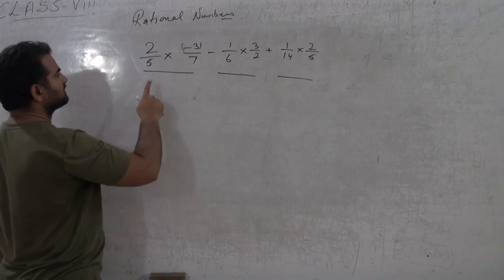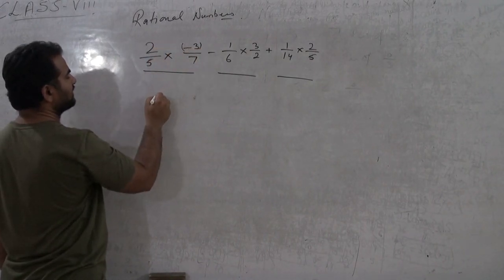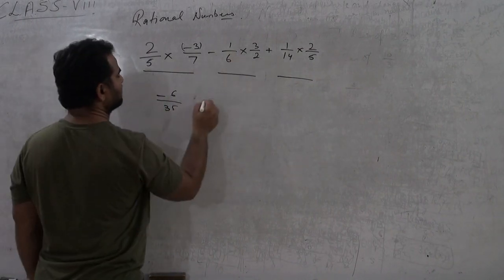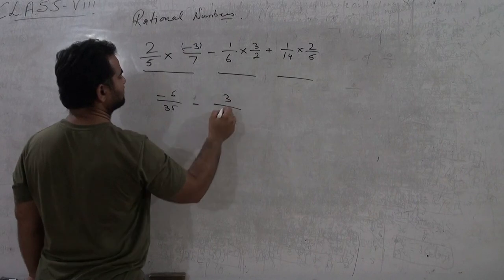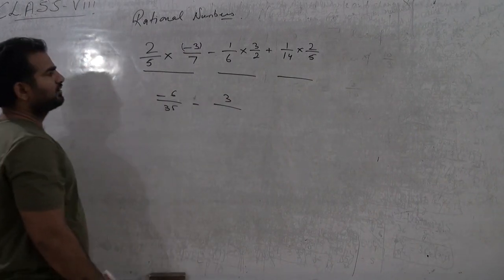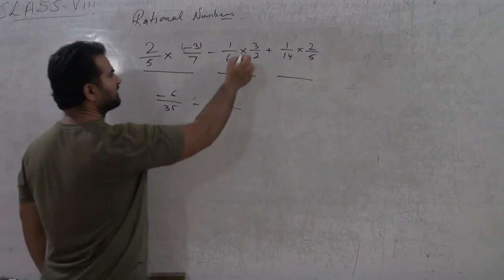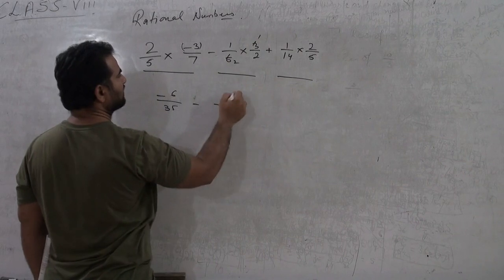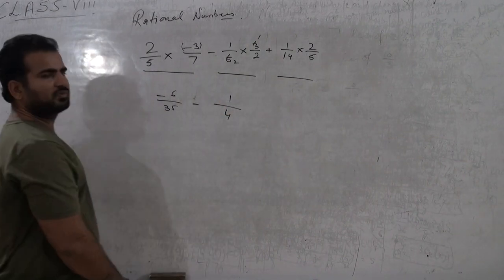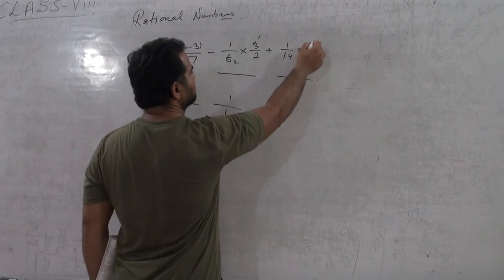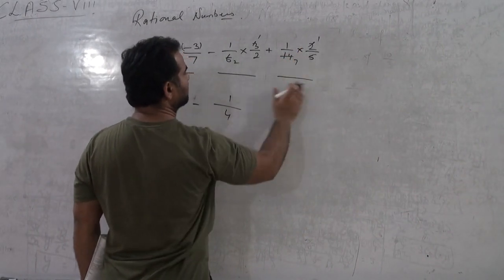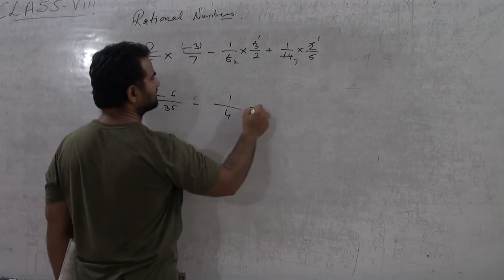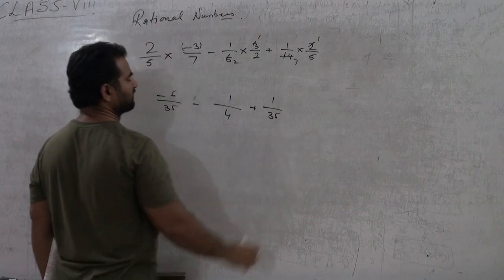So what we have to do is just 2 3s are 6, it will be minus 6 by 35. 3 1s are 3 upon 6 2s are 12, or we can also divide it by 3. So it will be 3 1s are 3 and 3 2s are 6. So it will be 1 1s are 1 and 2 2s are 4. Okay. Now we can also divide with this. 2 1s are 2 and 2 7s are 14, so 1 by 35. Done? So what will it be? Plus 1 by 35.